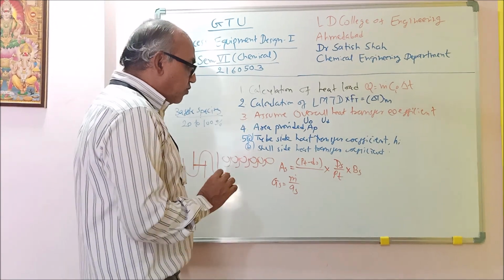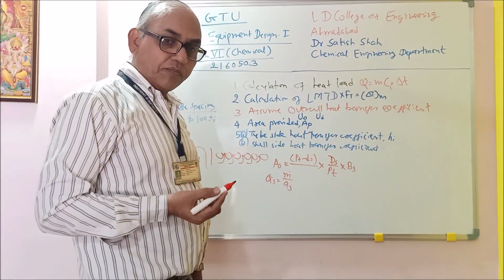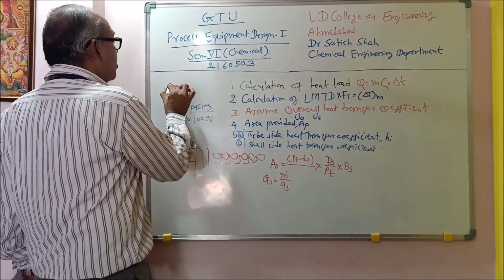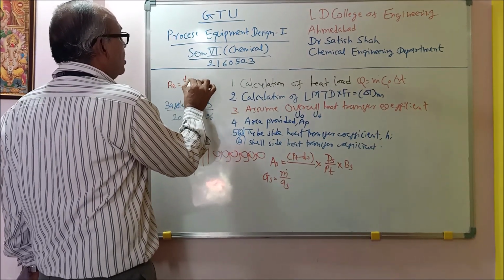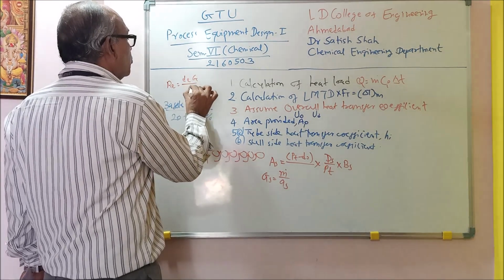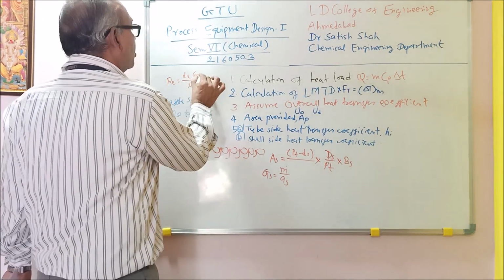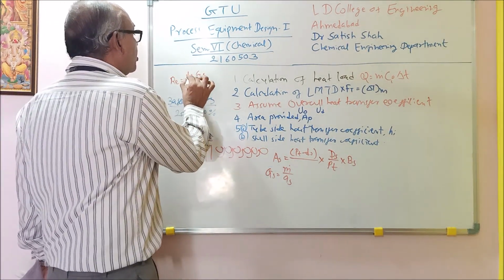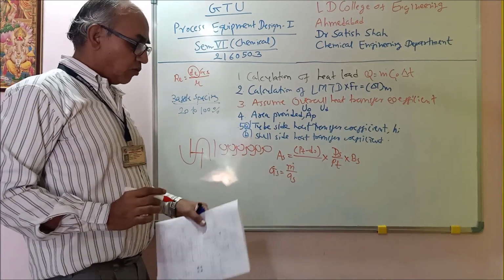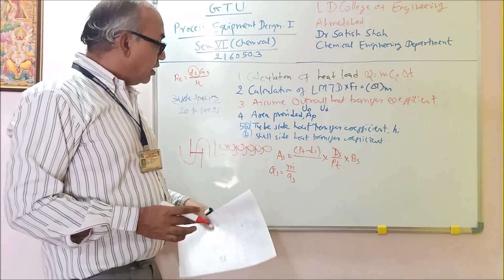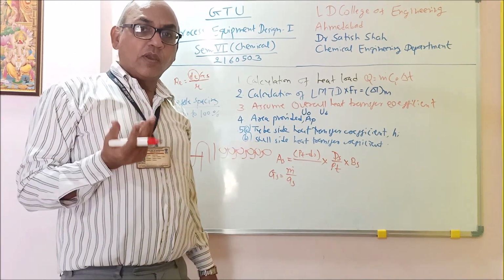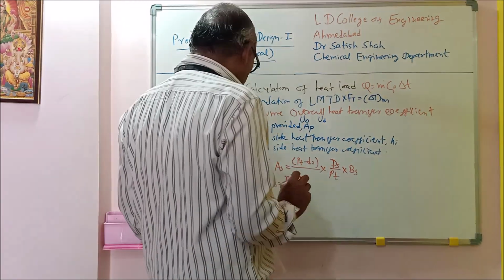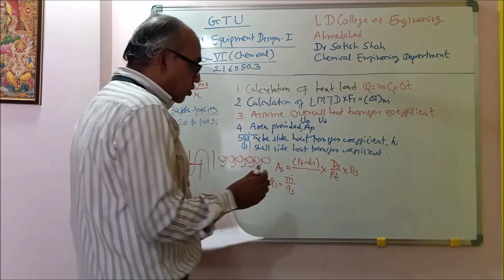Okay. Now we want to calculate the Reynolds number. For Reynolds number, what you need is the equivalent diameter. Reynolds number is equal to dE G by mu, and here I can say it is GS. This equivalent diameter is again a very important term as far as shell side flow is concerned. The equivalent diameter will vary for square pitch as well as triangular pitch. So let us discuss both, the square pitch and triangular pitch.